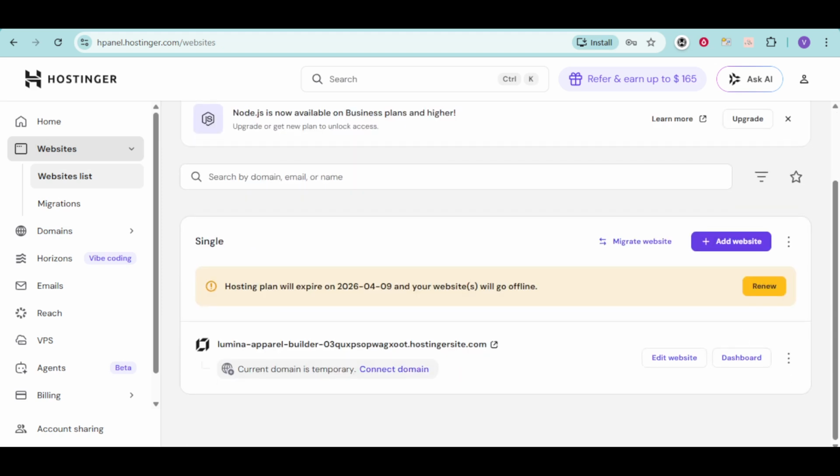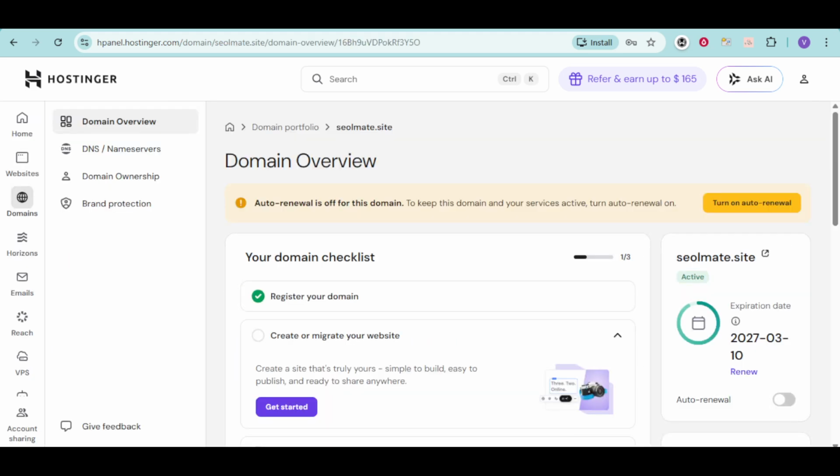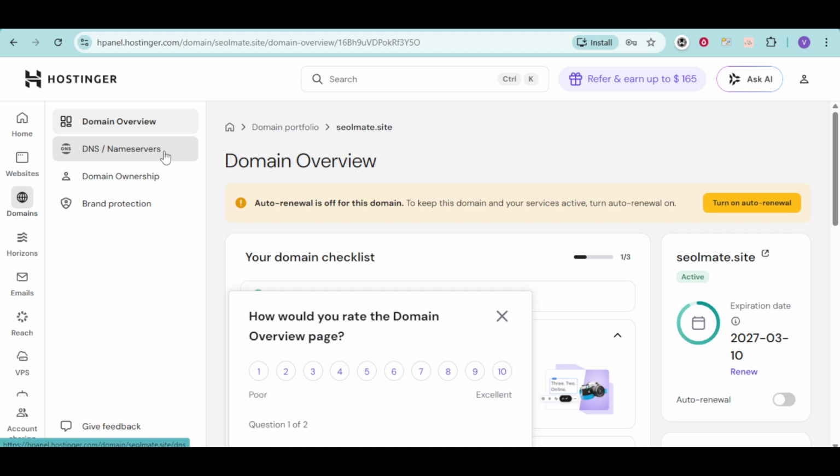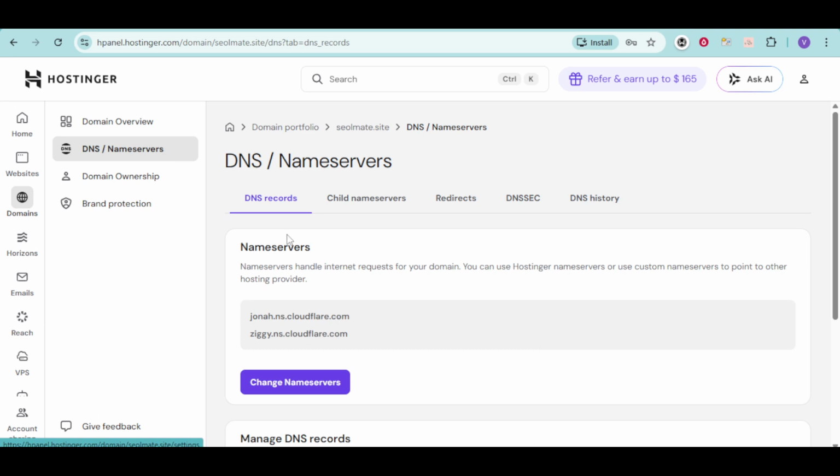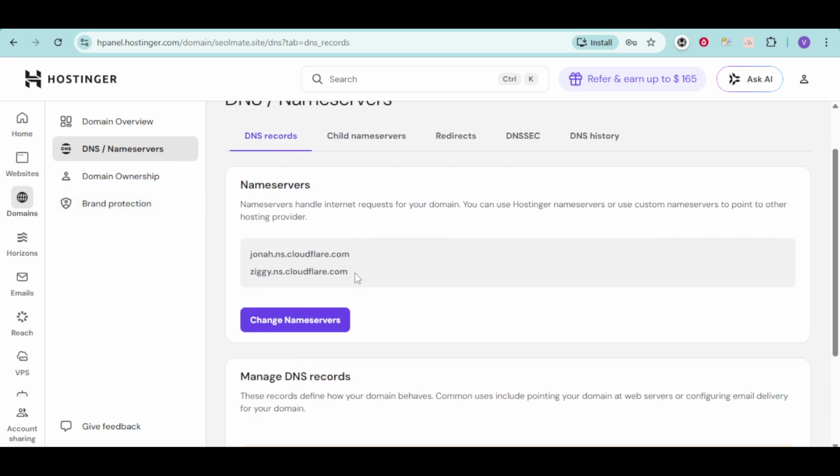Once you're on the hosting dashboard, take a moment to look around for a section labeled Plan Details or Name Servers. The exact label can vary slightly depending on updates to the interface, but it will usually be in the main overview area or under a settings tab related to your hosting plan. What you're looking for is a pair of name servers provided by Hostinger. When you find them, you should see two entries. In 2026, they typically look something like this: